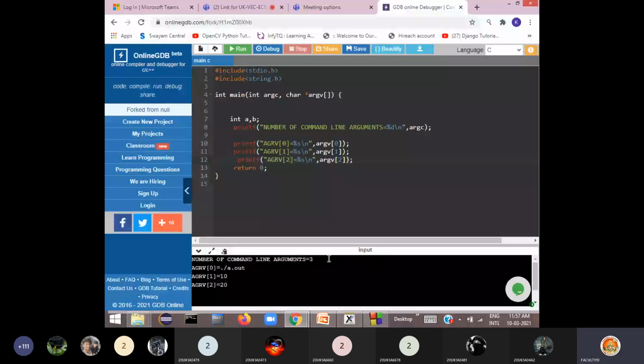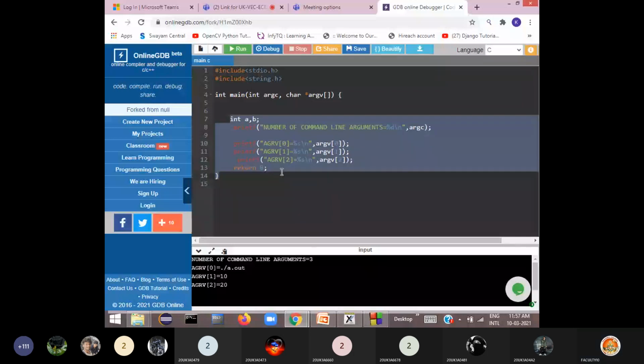Okay, now see, if you perform addition of these two numbers, what happens we'll see here. Now directly I'll write this code here. Let me write the code here.